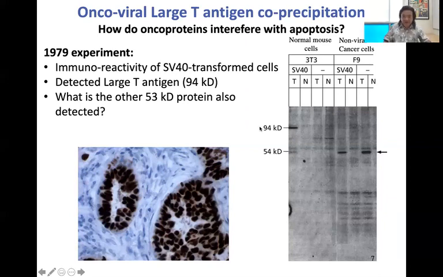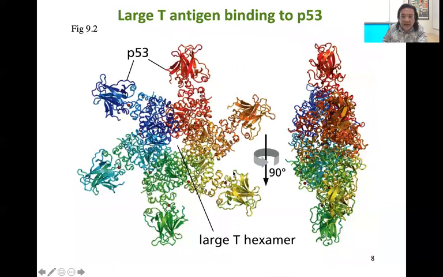And what is this other protein? So now we know that, yes, large T antigen does interact with this other 53 kilodalton protein, which to this day we just call p53. Boring name, but that's what it's called. And here you can see, here's large T antigen. Large T antigen forms this multi-subunit pinwheel kind of shape, or kind of looks like a snowflake. And the ends of it are the right shape to bind to and sequester this mysterious 53 kilodalton protein. So one large T antigen hexamer can hang on to 6 of these p53s.